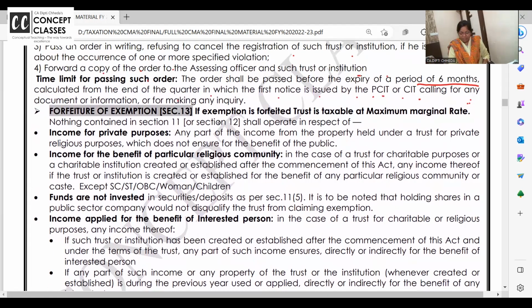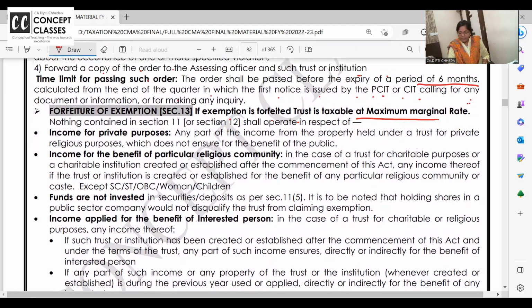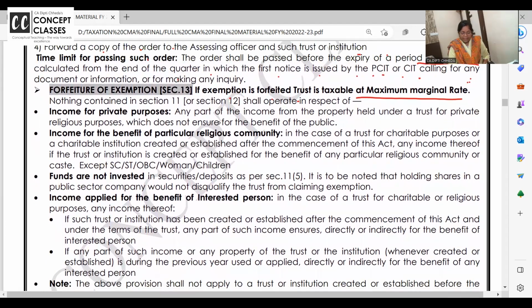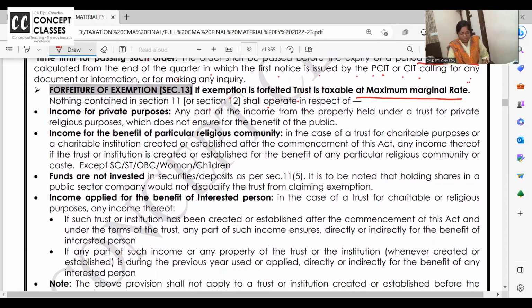Forfeiture of exemption. If exemption is forfeited, it's going to pay the tax at maximum rate, 30%. Nothing contained in 11 and 12 will apply. That means no exemption.